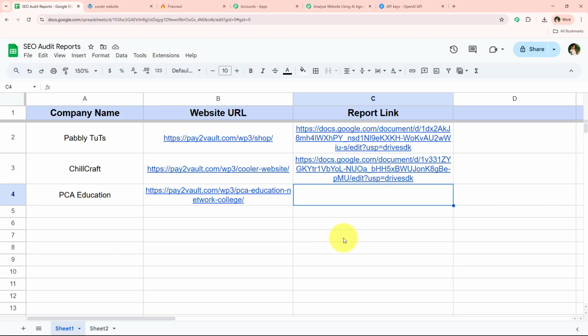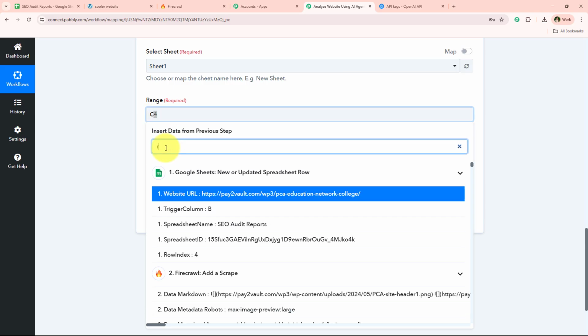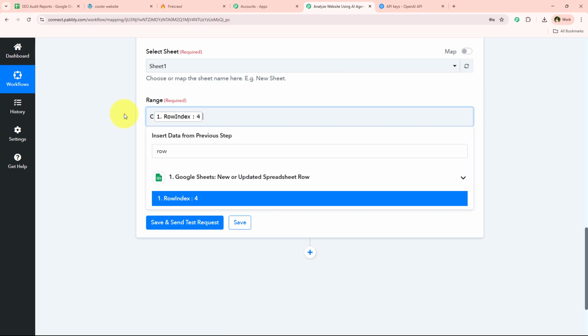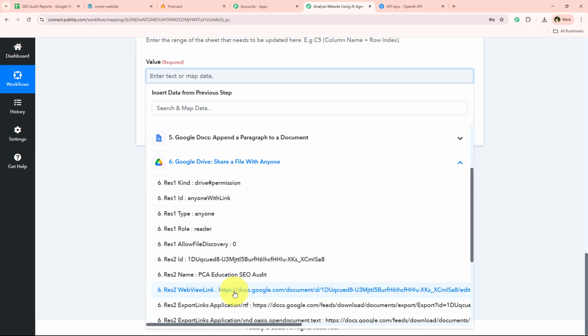But right now it is C4, but with every new response it is going to change. It will be C5, 6, 7 and so on. But you must notice that this C is constant, only the row is changing. So I'm simply going to map the row index, but I'm just going to keep this C as static only. And now in this value I'm just going to map the web view link, which is this, and after mapping this,